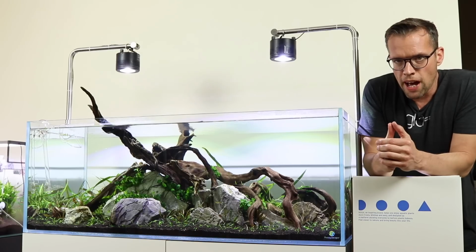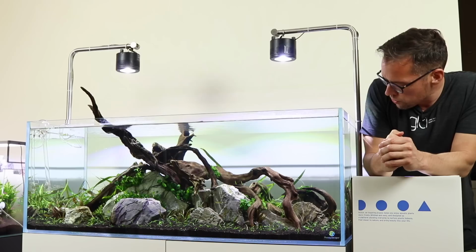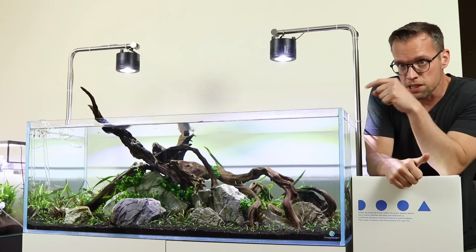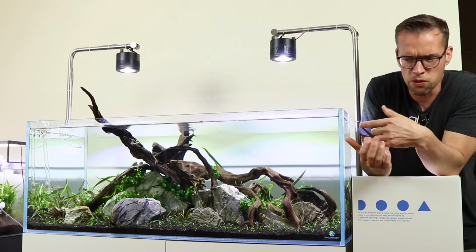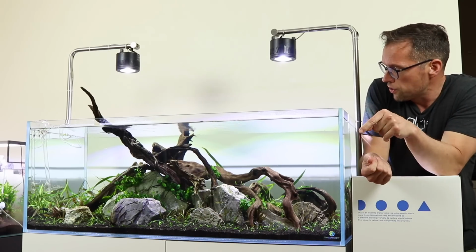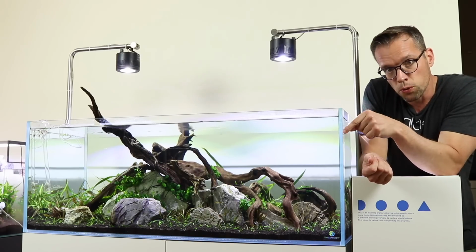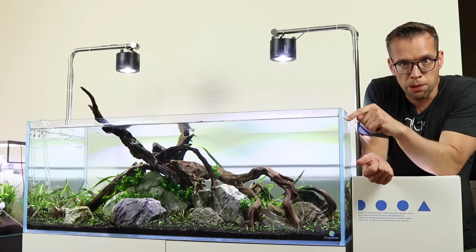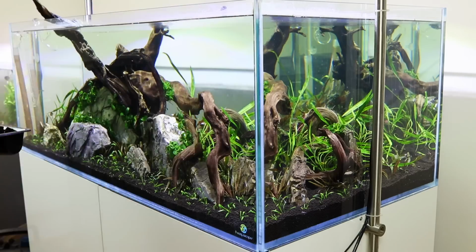I made a schoolboy error and my batteries ran out on my microphone, so I managed to do some planting without explaining what I'm doing, so I'll talk about it right now. I planted the Cryptocoryne balansae in the back left. No need for me to go into too much detail. It was just a submerged form in a pot, prepared the pot, popped it in the back left, and I've inserted some of the Anubias Petite and Pangolino in between the wooden rocks, as you can probably see there right now. I've got a load more Anubias and Bucephalandra to plant, which I'll just do again by wedging it in between pieces of wood and rock. I'll do a time lapse of